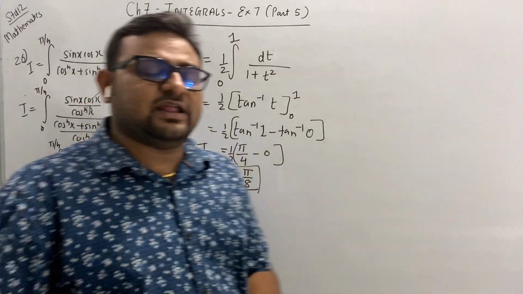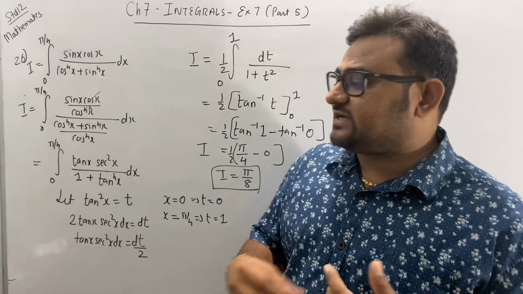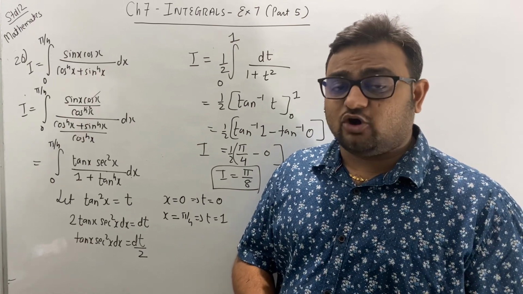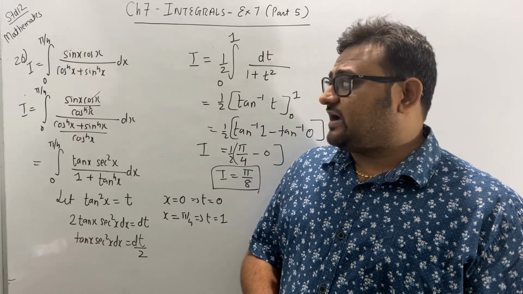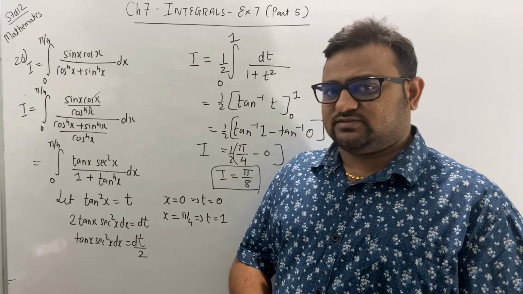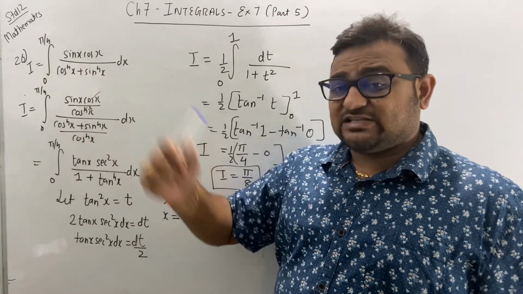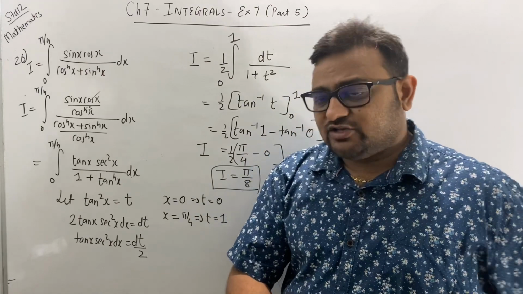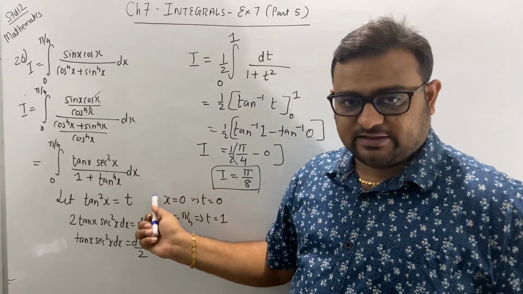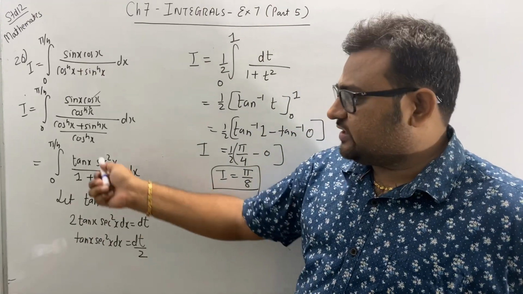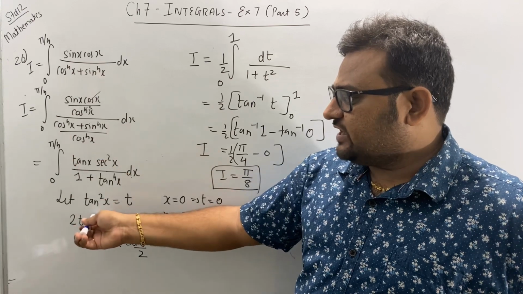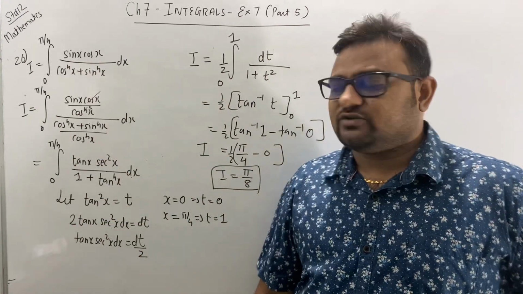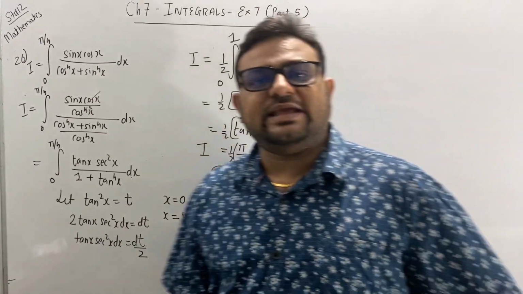I'm repeating, remember, whenever there is cos square, sin square, cos raised to 4, sin raised to 4, this type of term in the denominator, then try to convert it to tan square x. So I have divided by cos square. If it is fourth power, then try to convert to tan raised to 4x. Then I can assume tan square x as t. So I divided by cos raised to 4x, assumed tan square x as t, and then solved it. Okay, so just go through question number 26.